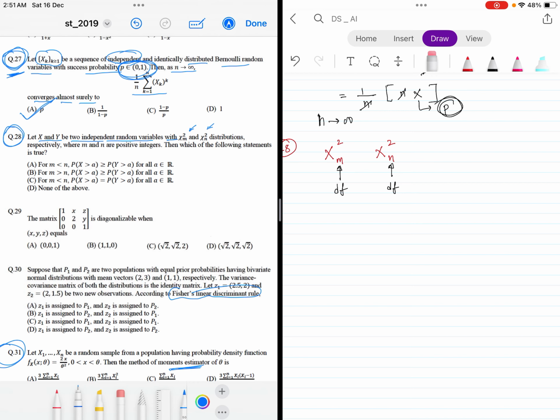Okay, so the point is that if where m and n are positive integers, then which of the following statements is true, right? So we have to find which statement is true. Based on the degree of freedom, you will have to make the decision right here. And the decision you have to make is you will have to look for the probabilities from certain points,